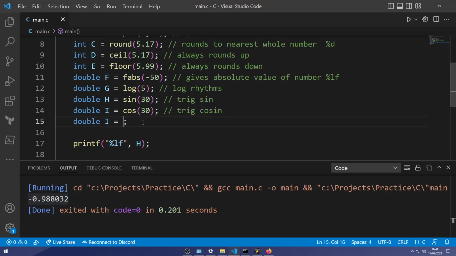And then with j, we're going to do tangent, which is tan for short. And was there an e at the end of cosine? Was there an e at the end of sine?